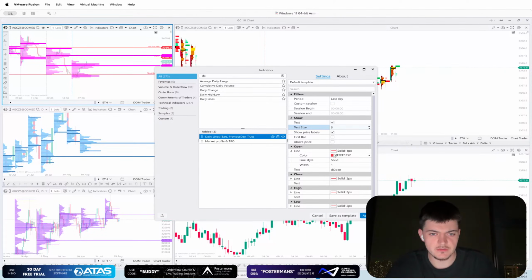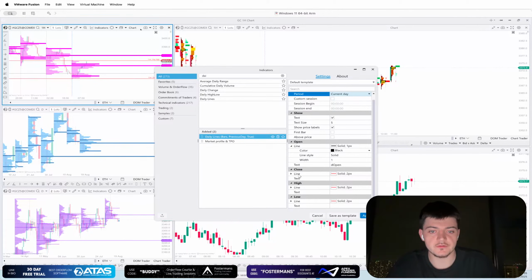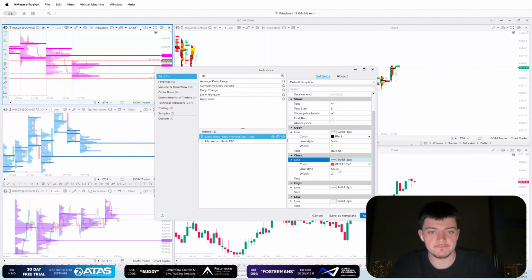We can change this color. Change that to black. So there's the daily open. Yeah, current day. So we do current day levels first. So you can see it's definitely a little bit tedious, that's for sure, getting all this done. So I don't blame you guys for wanting the